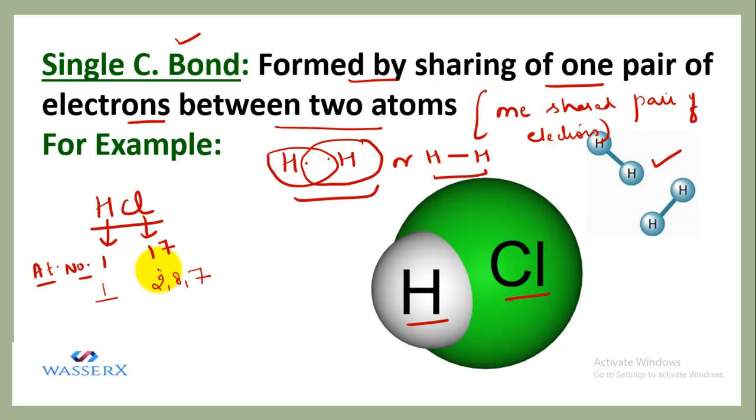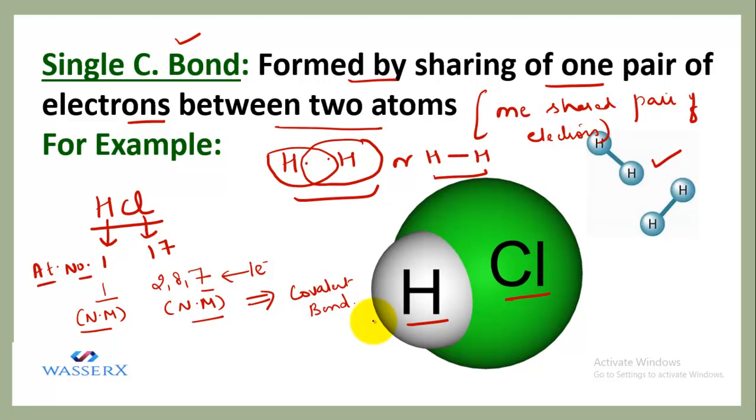So that means we can regard it as a non-metal because it is going to accept an electron. Now here the chlorine has 7 electrons in its valence shell, so it is also going to accept 1 electron. That means this is also a non-metal. For two non-metals, we know the type of bonding is covalent bond. So this is how you make out what type of bonding is present between the combining atoms.